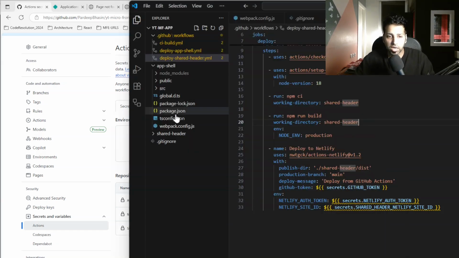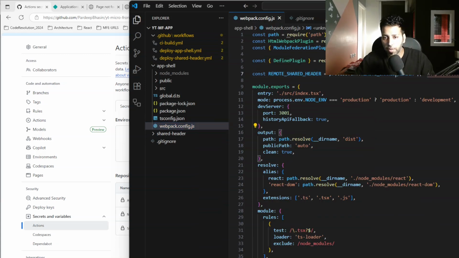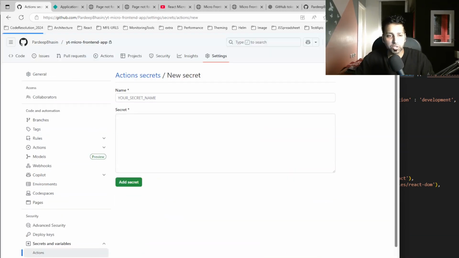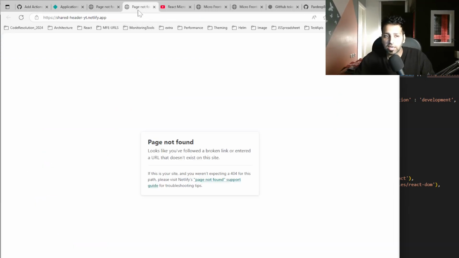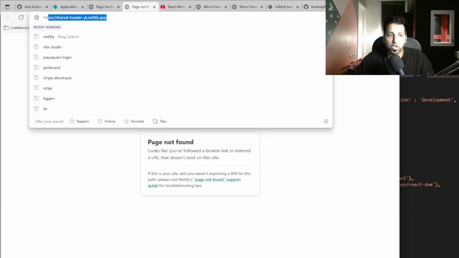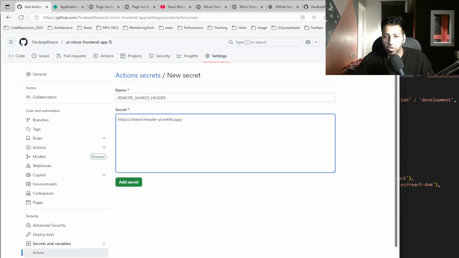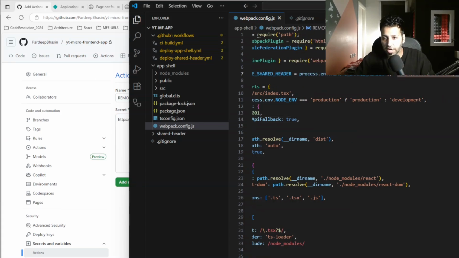Now you need to go inside your webpack config file. Inside the webpack config file, you need a remote shared header, right? What you can do is go back, click new repository secret, and name it the repository shared header. So what will be the shared header app URL? Once we were creating the site IDs on Netlify, this was the URL generated. You need to pick it up and put it here. Now, what is being expected inside the remoteEntry.js? In your local, once you were running your app, your URL was